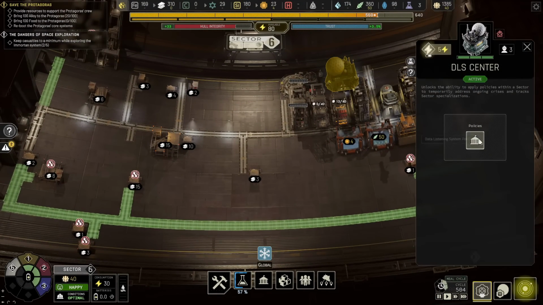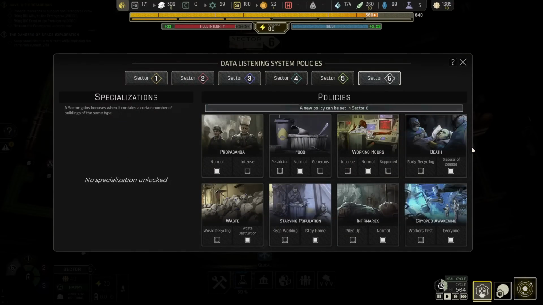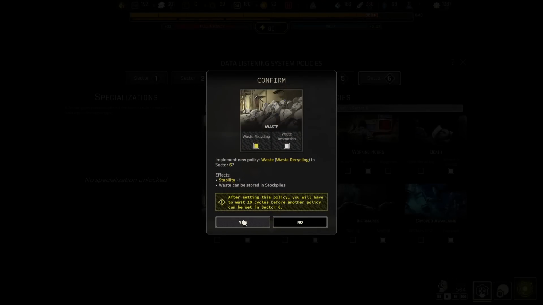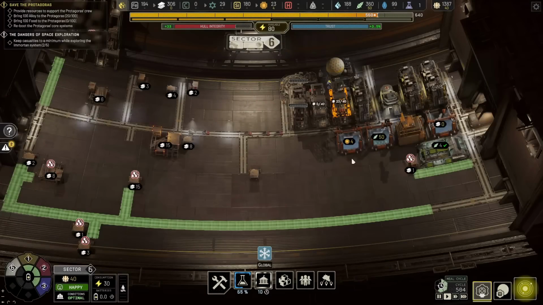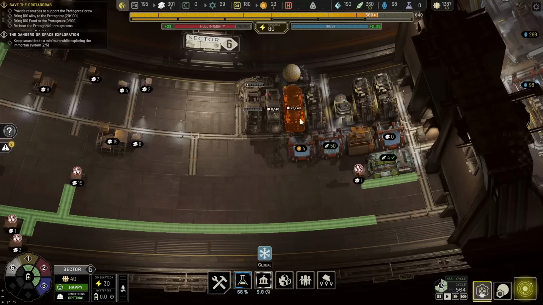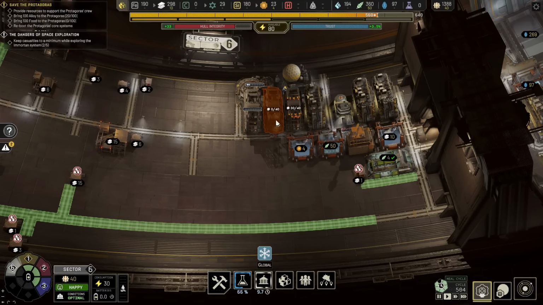We have the DLS. Now, the DLS is actually going to start with waste. That's weird. We don't need the propaganda just yet. So we'll just do waste. Yep. Because this will be a waste processing facility. I hope. That's the plan at least. And with all of this being built, yeah, it's working pretty well. This is being built, this is ready for build, and as soon as this one is...